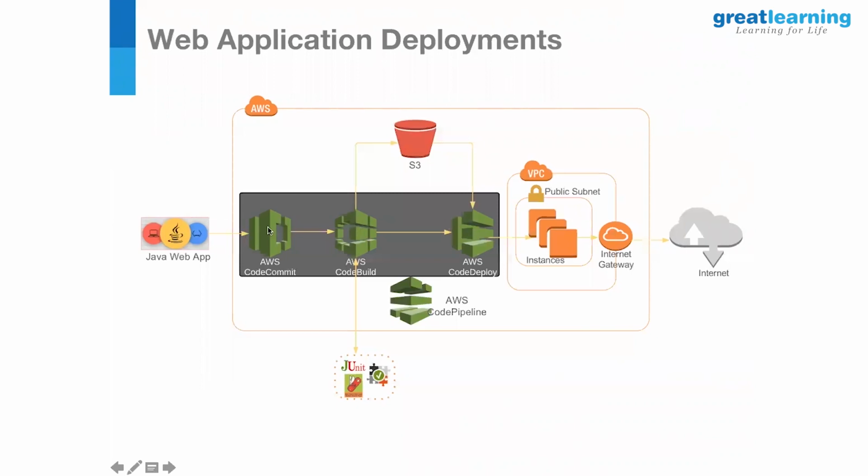I have only 3 stages here. So here I pull the source code from AWS code commit, which already has the pre-developed sample Java application, and then it passes it on to AWS code build. In AWS code build, we have 2 things. One action is to run your unit test, and the other action is to build and store it in the S3 bucket. So the artifact is stored in S3 now.